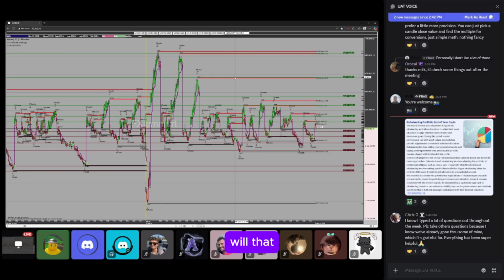Question regarding that, will that be only the underlying, or will that be also covering derivative contracts? Yeah, it'll be derivatives too. There's an issue we're working on right now where,